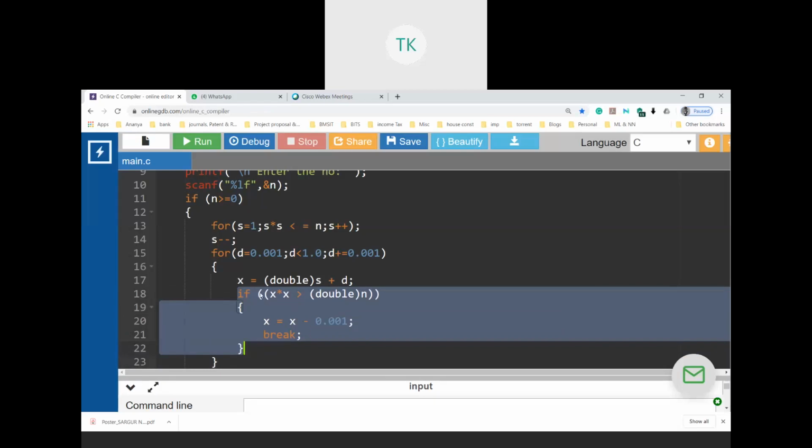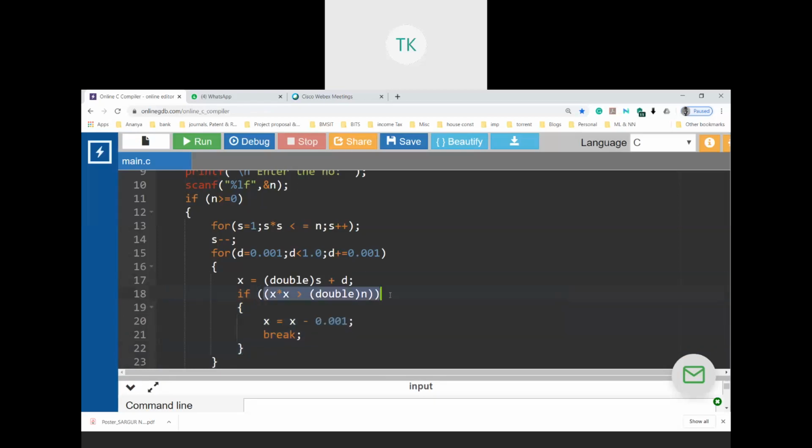This condition will be true only once at the end, or else it will just go on computing the x value and then it will come out. Okay. Now this time the condition evaluates to false, so it comes out, goes back to the for